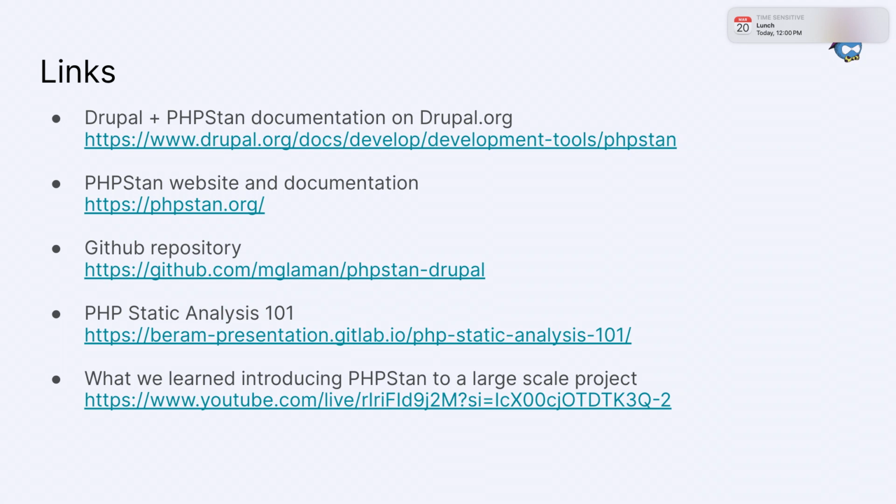On phpstan.org, there's a blog where the maintainer writes great insights and also covers all the advanced things you can do with it. Of course, the GitHub repository is mglaman/phpstan-drupal. Baram, I can't remember their real name, is one of the contributors who added the entity storage. I've also given a great talk, PHP Static Analysis 101, that dives into what the abstract syntax tree is and some of the more advanced topics that I just glance over. And then from Drupal Dev Days last year, from Factorial,